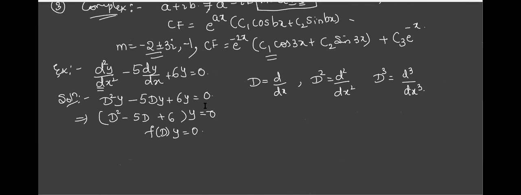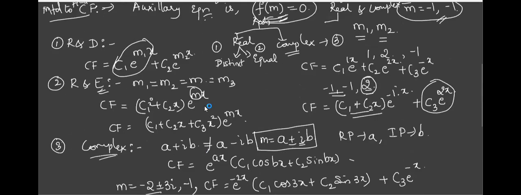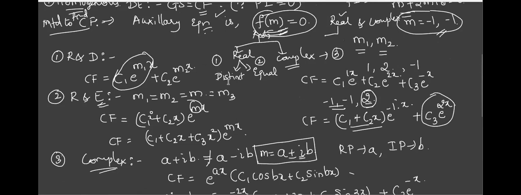What is the RHS part of this equation? 0. So if it is 0, what do we call it? Homogeneous. This is a homogeneous differential equation. Now, when the RHS part is 0 for a homogeneous equation, your GS depends only on CF. This we have observed. Now we'll calculate CF. Now CF depends on what equation?